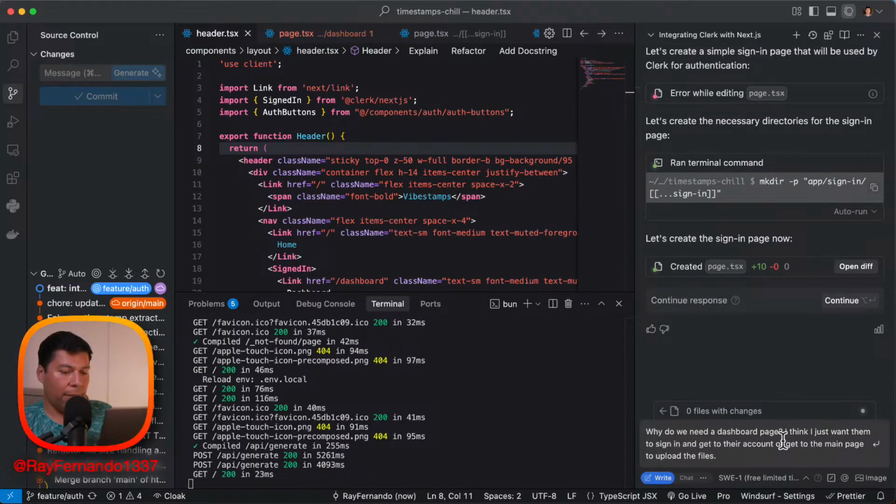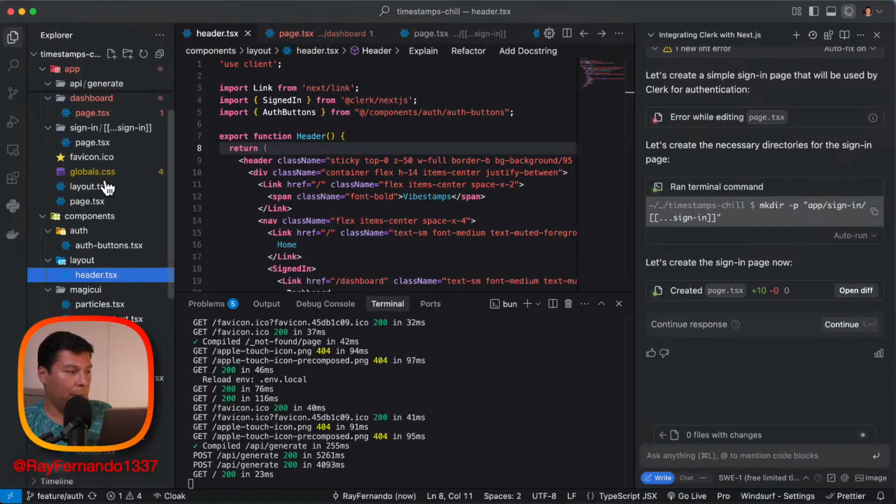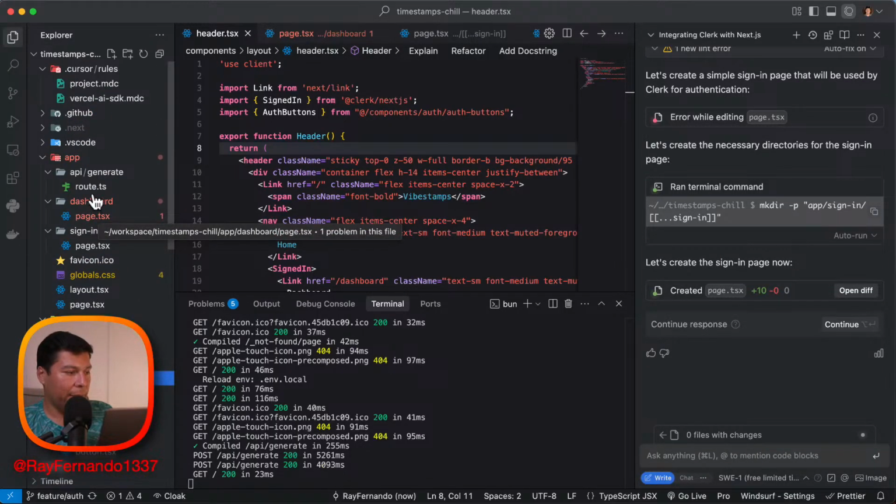I don't think I need this thing anymore about why it has a dashboard page. I think what I'm going to just tell it is now basically to fix up some other things. So I want to say that my route,